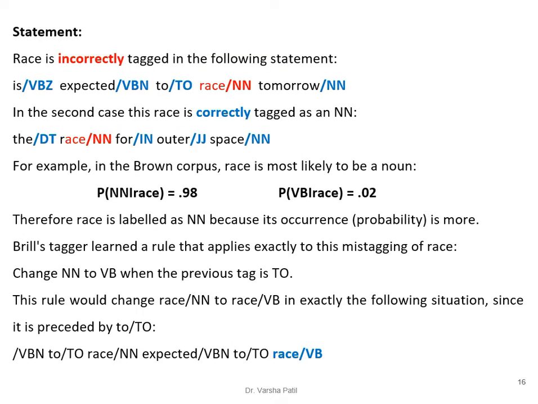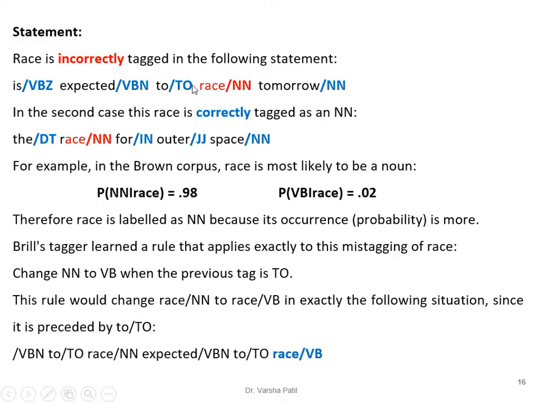Now see the next example. Here the statement is "expected to race tomorrow". Now race here can be used as a noun and also as a verb. Now see the first statement, "is expected to race tomorrow". Here "to race" acts as a verb only, and here it is assigned